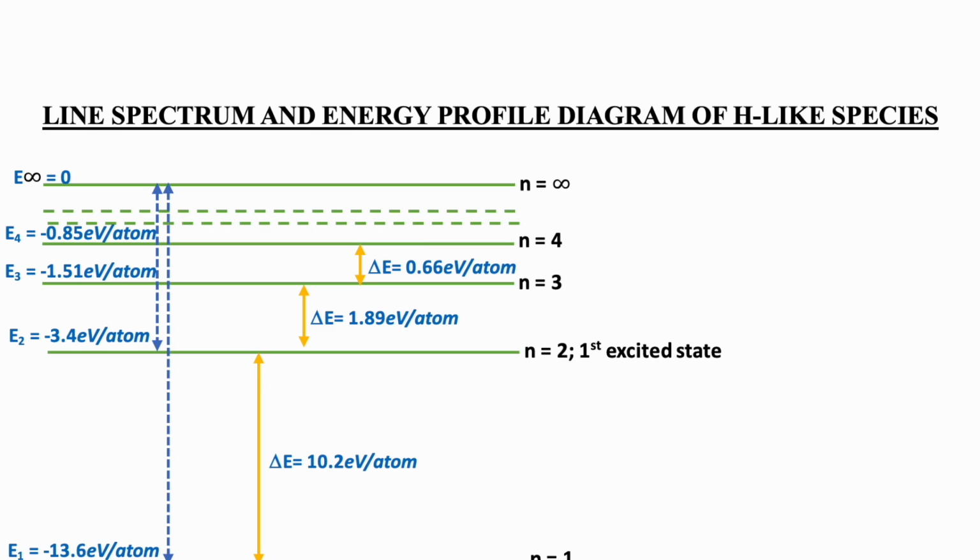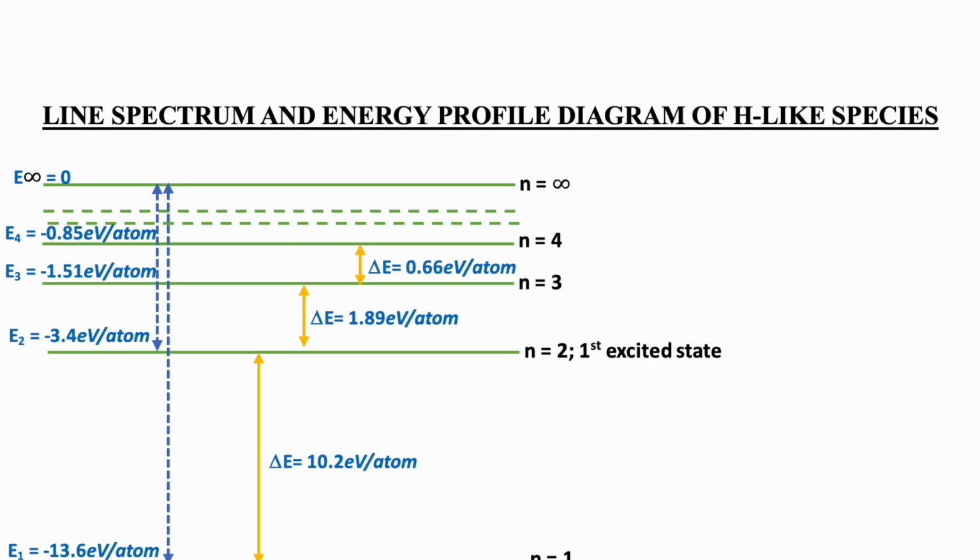So overall 10.2 electron volts per atom of energy. If I provide an energy of, let's say, 10.8 electron volts per atom to this electron, then what will happen? The electron will not absorb that energy, so it will be simply transmitted. On the other hand, if I provide, let's say, 6.8 or 6.2 electron volts per atom of energy to this particular system, then also that energy will not be absorbed.